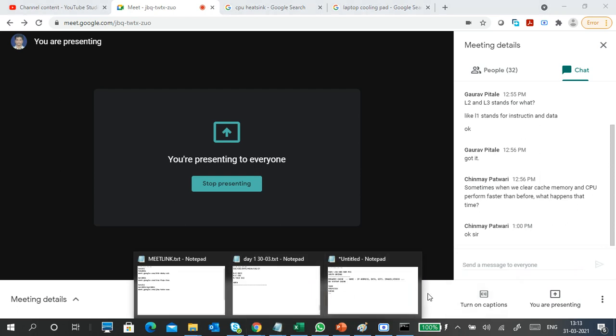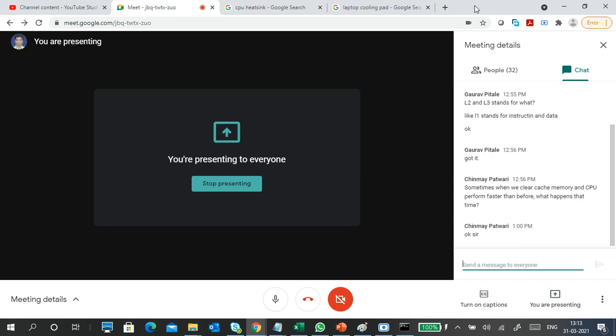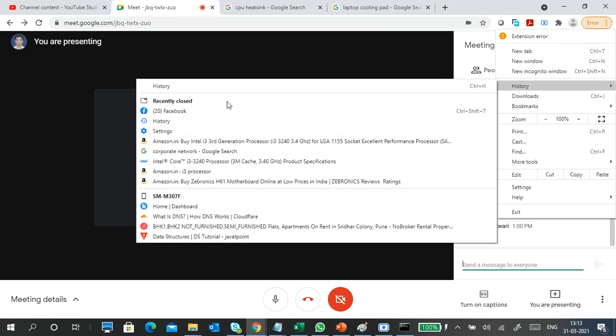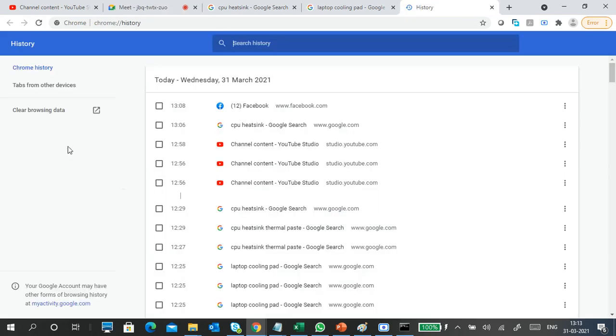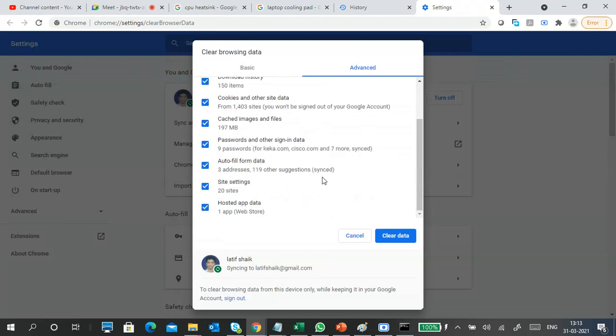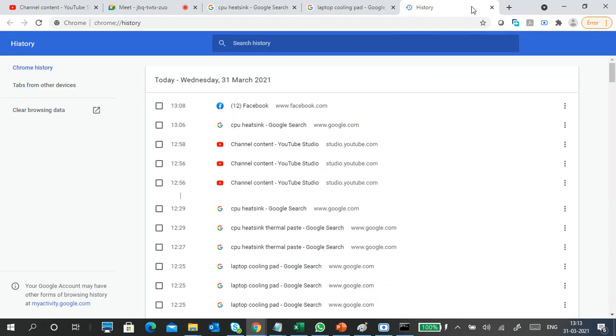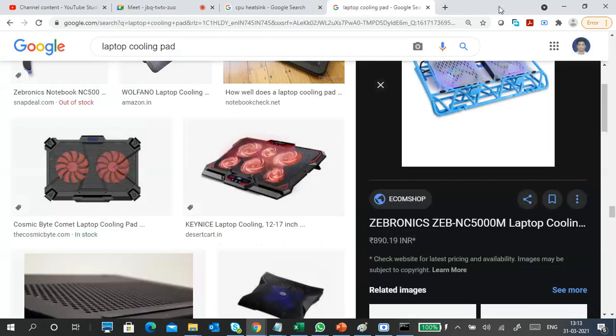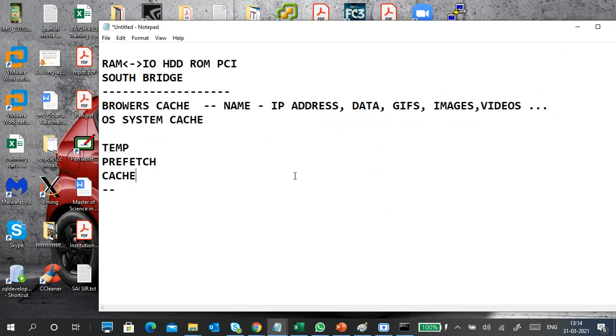So how to clear this thing? Normally if you go to the browser, you can clear the data. Very simple, you can go to the history. You know how to clear the browsing history. These caches are very helpful to work faster because the data is already there. But if there is more cache and more cookies, it may make the system slow. Sometimes it is not cleared automatically, and then you can clear the history.